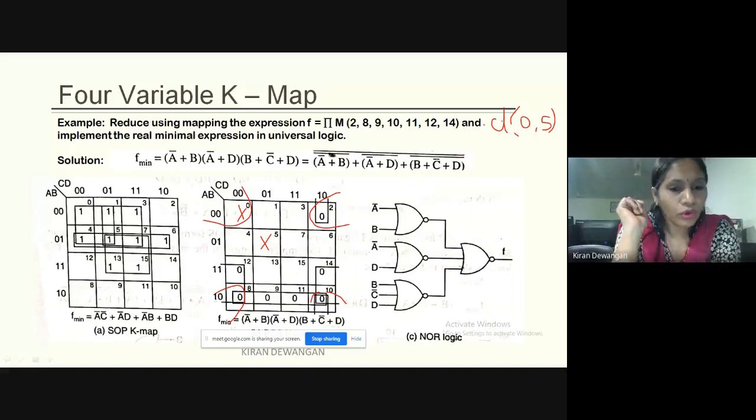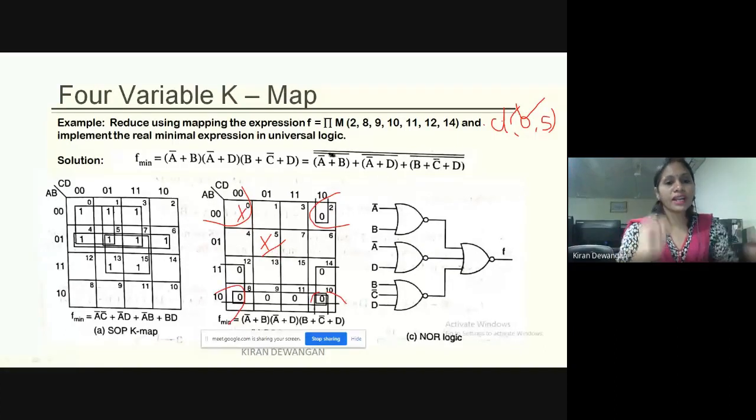जैसे हम यहाँ पर बोल रहे थे, we had taken this one as a max term and this we can ignore. हम इसे ignore करते हैं because that is not required in any quad formation. Clear? So that is what is the concept of don't care. Don't care में अगर हमें required है तो हम उसको as a mean term और max term use करेंगे. If it is not required, so we'll not use it. We can just ignore it.